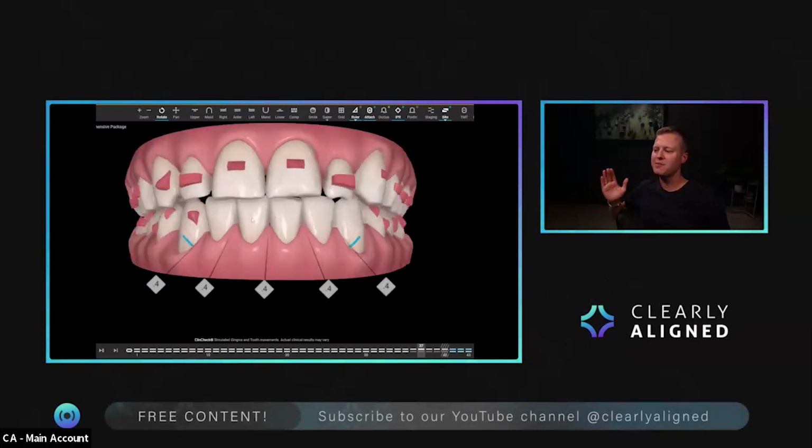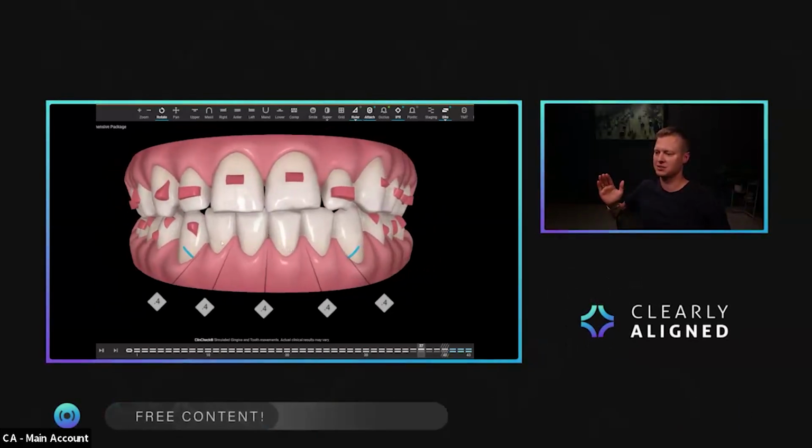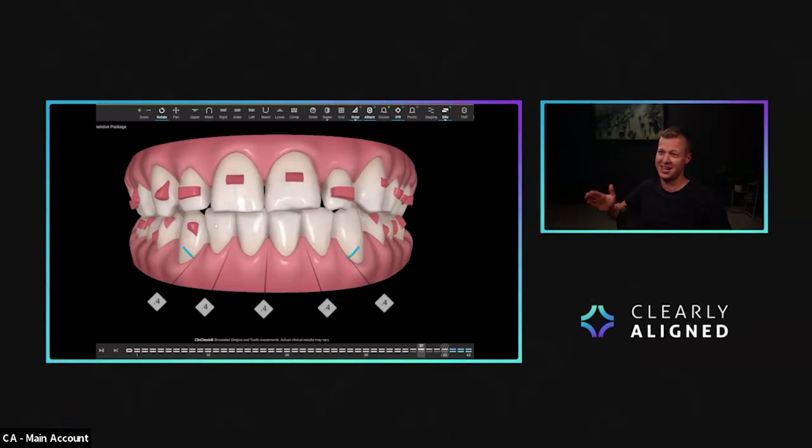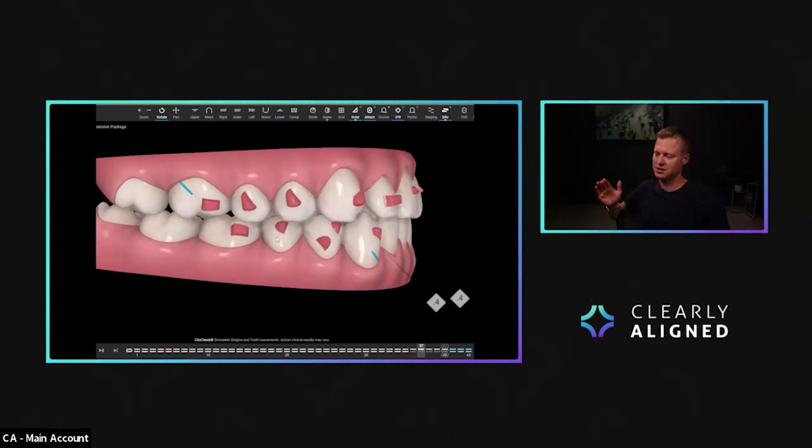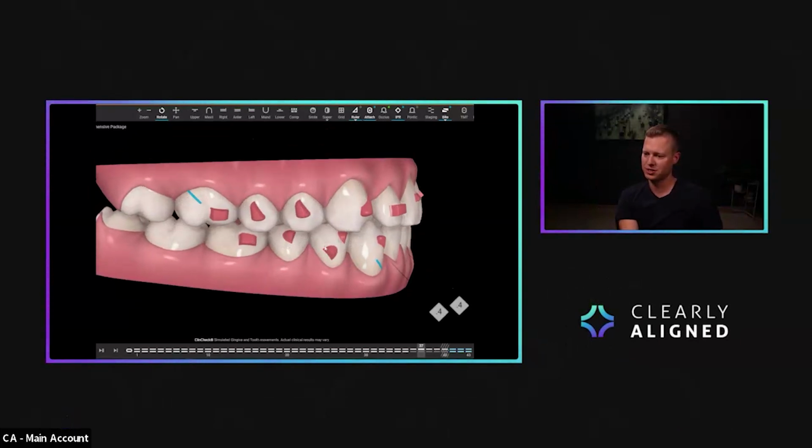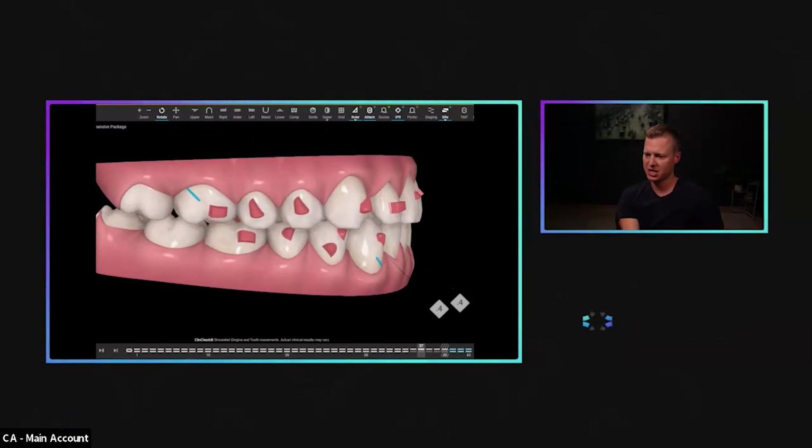Again, did it really matter in this particular case? Because we just did the IPR between our incisors? In reality, no, it didn't. But does it help when you have spaces that you're doing IPR distal to the canines and in the premolars? Absolutely. So we probably didn't really need these class 3 elastic hooks, but we're just actually having the patient wear